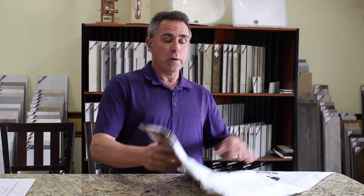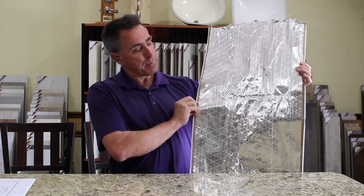Today we'd like to talk about the insulation product that we put on the inside of our block walls. There's a few different ways you can do this. Some builders will put a foam panel up against the block and then put a furring strip over top of it. Some builders will just put the furring strip on the wall and put a foil product on top of that. What we at Harbor Hills do with our Masterpiece Series homes is we put a double furring strip and then we put a VR Plus radiant barrier